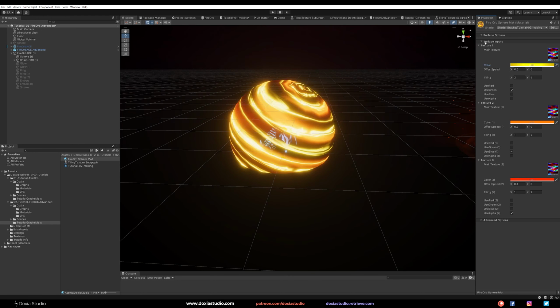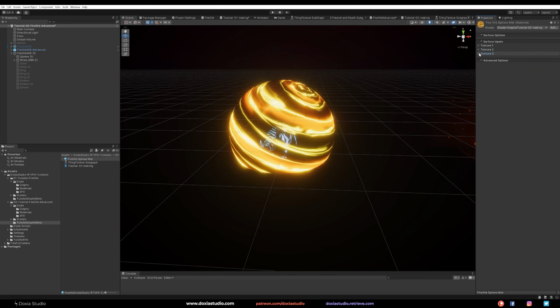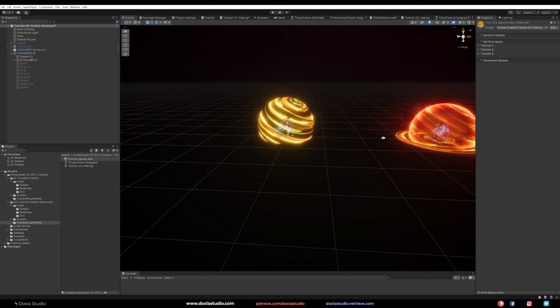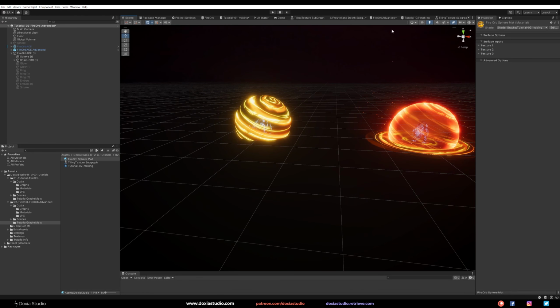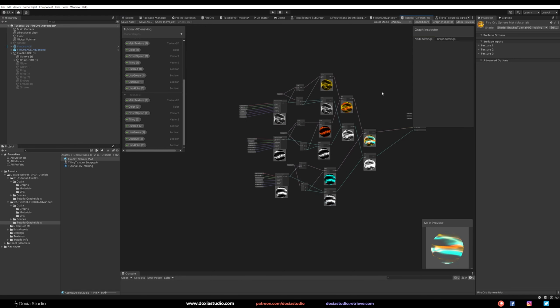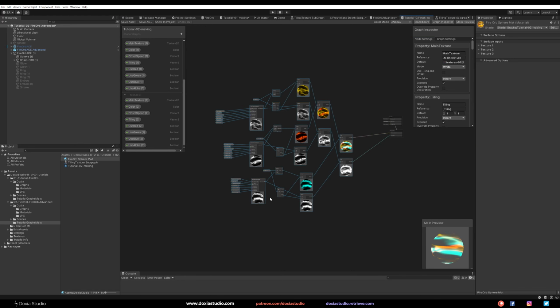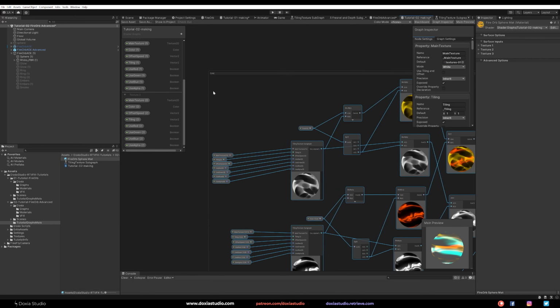Okay, so now for the cool things, let's go and test the Fresnel. Okay, so for the Fresnel, this is pretty simple. So let's group these. Okay, let's Control G and let's go with color and tiling main texture.